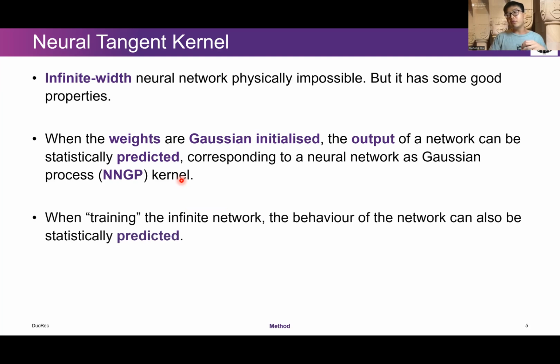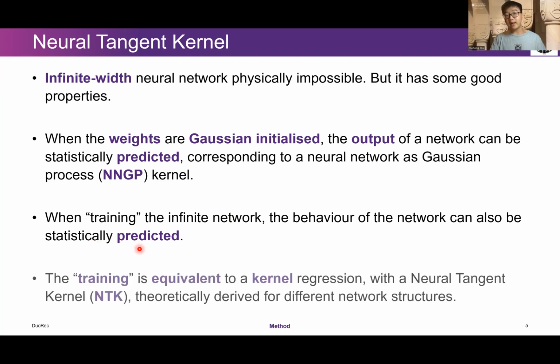So what if we train this neural network? This neural network can also be calculated in terms of how it will perform, how it will behave after this training. This training is not, as we know, SGD, stochastic gradient descent. It's trained mathematically based on a continuous time gradient descent. Under this situation, the performance of the infinite width neural network after training can also be predicted.